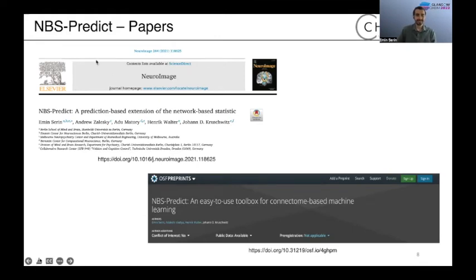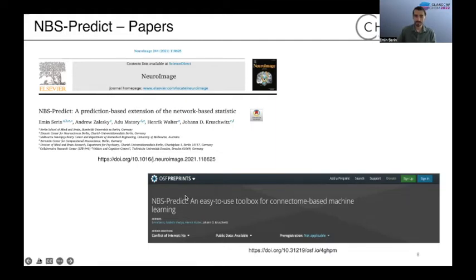Okay, so the paper for NBS-Predict is already out in NeuroImage, so you can download the paper using this link on the slides. We also wrote a book chapter about a practical guide for applying NBS-Predict to fMRI data.